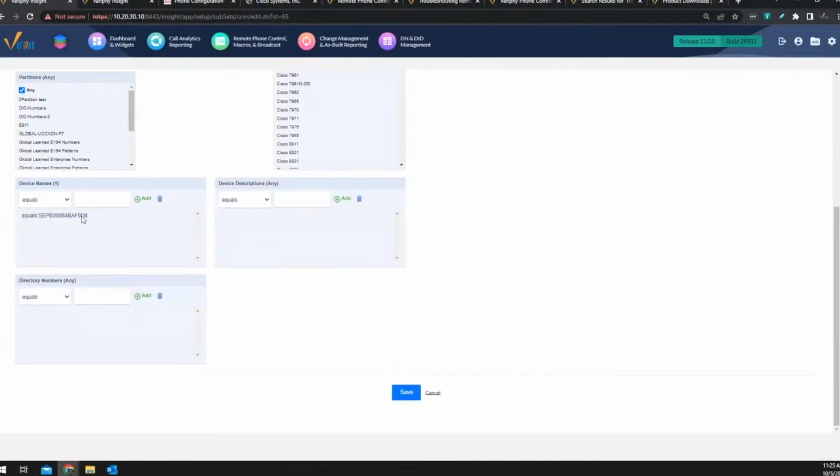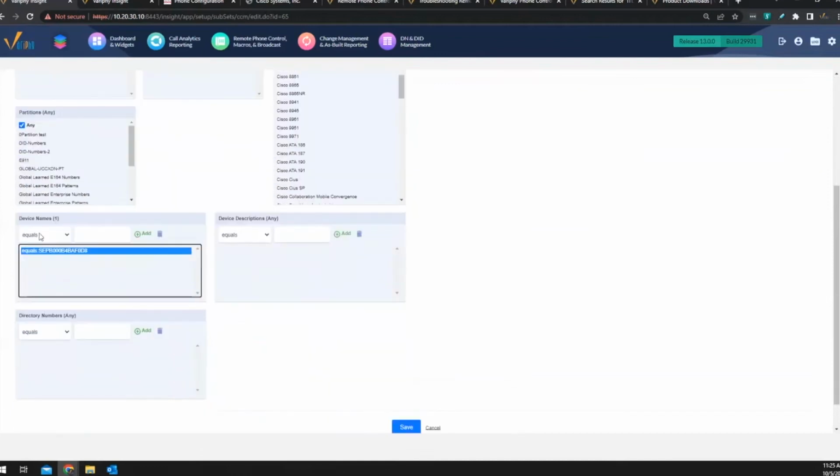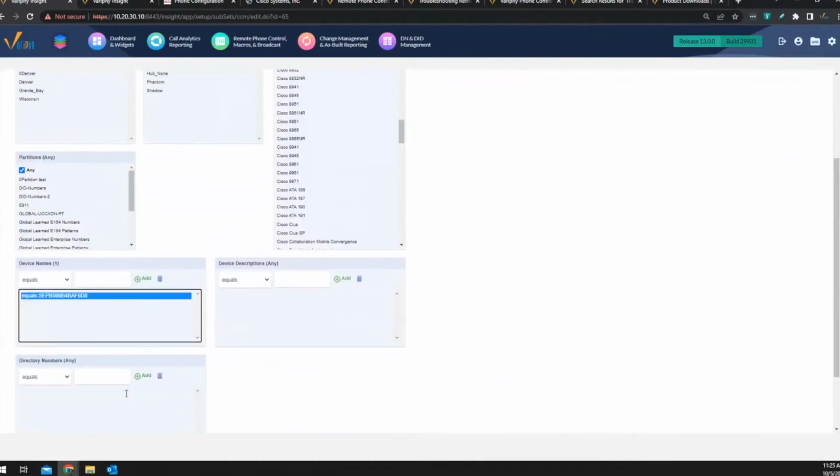So you've set this up to test with this specific phone, so that when you're doing that, you don't really need to bother to do any changes up here. It's just going to do it. And you can do it by device name, by directory number, or by the device description, or a combination of the three. If you want to add in some of each, it'll only apply it to those phones that it's able to match up.